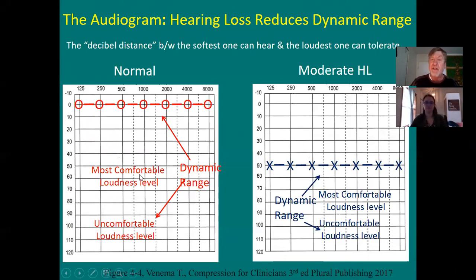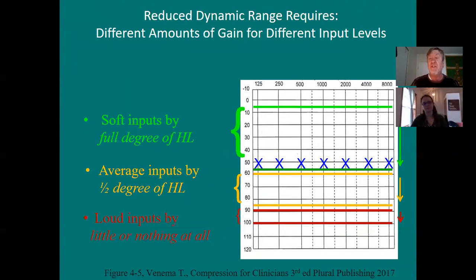But look at the MCL and MCL on the right. There's not a 50 decibel difference, is there? And notice the uncomfortable to uncomfortable, there's no difference. So let's flip this right, let's just look at it this way. If you have